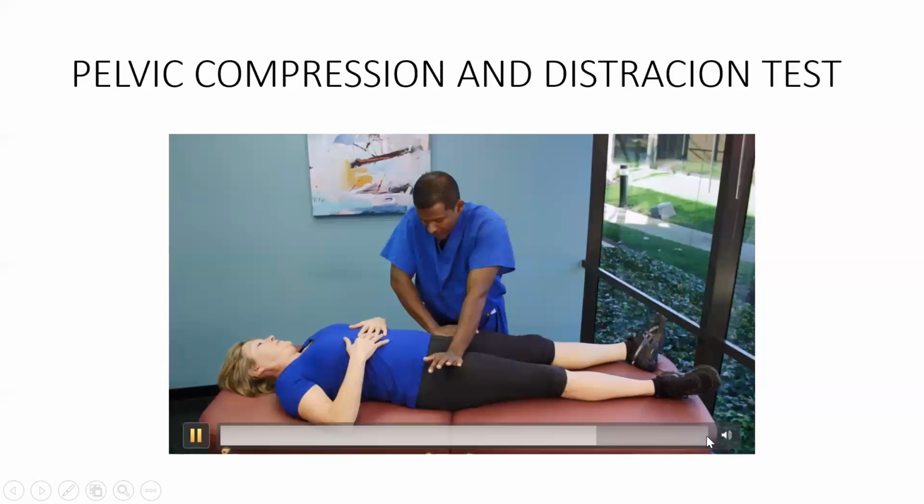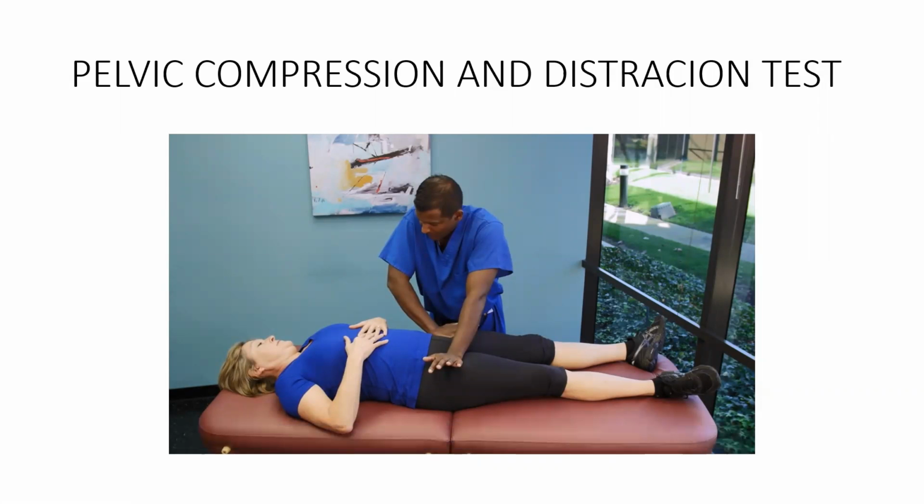So see both hands, okay, both hands are opposite to each other, and they are distracting. So this hand is distracting this ilium bone away, and this hand is distracting that ilium bone away. So you are like opening a book, you are opening a book, it's the same position you have to do, because both are opening. So posteriorly, anteriorly you are pushing them ahead, away. So posteriorly they will give a problem at the SI joint, and if your SI joint is involved, it will give pain on that SI joint. This is known as distraction because you are distracting both ilium bones.